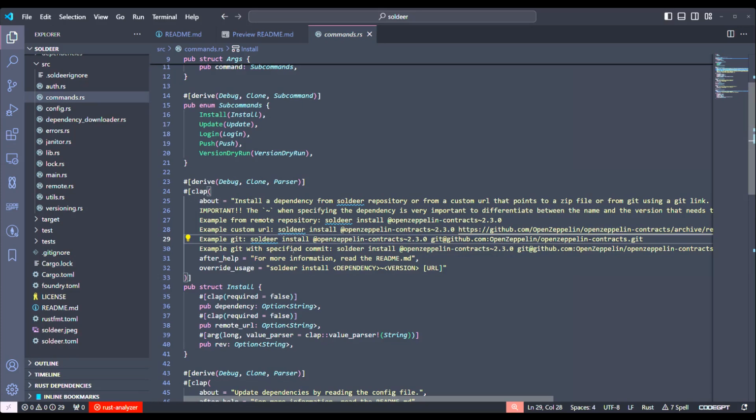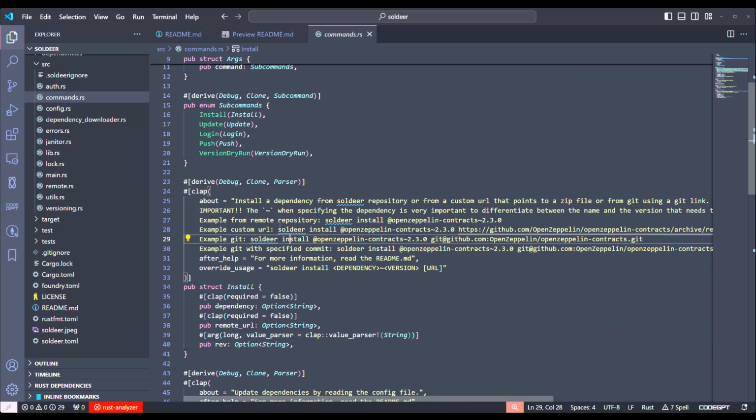We do not encourage you to actually use Git. Why? Because we'll be deploying more functionality to the central repository in the future. Something like, I don't know, static analysis and more tooling around how to safely and securely store these dependencies, while just storing it and using Git is not quite the desired. I mean, from my point of view,